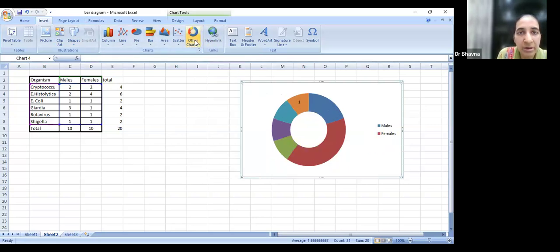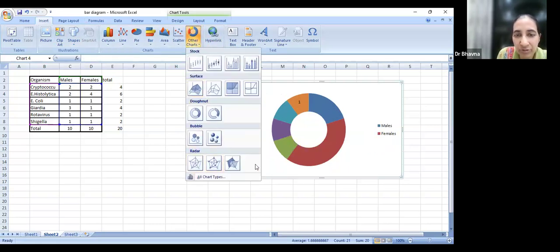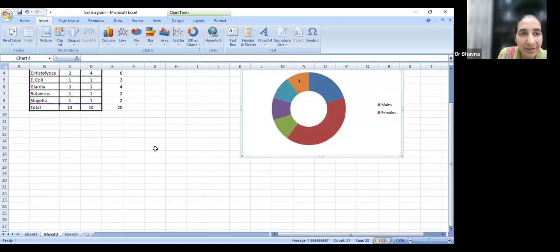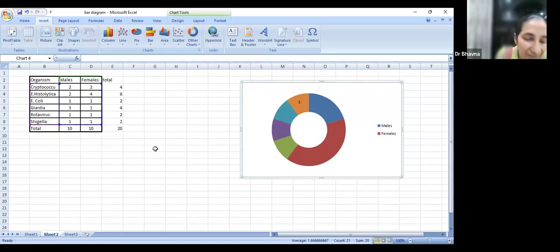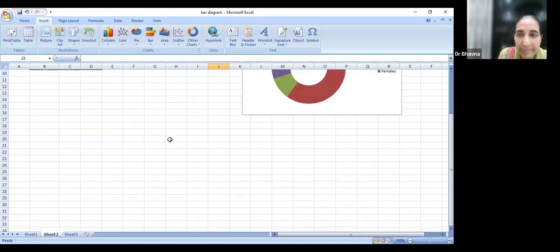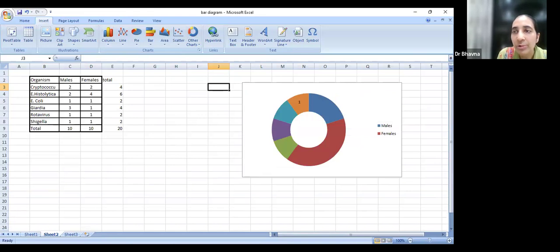Okay, this is again a different type of chart. There are different types of charts that you can draw. Okay, but typically here we are going to talk about what? We are going to talk about donut diagrams, multiple bar charts, and simple bar diagrams. Okay, right. Okay, I'll just close this window for a while. I want you to see something in SPSS.